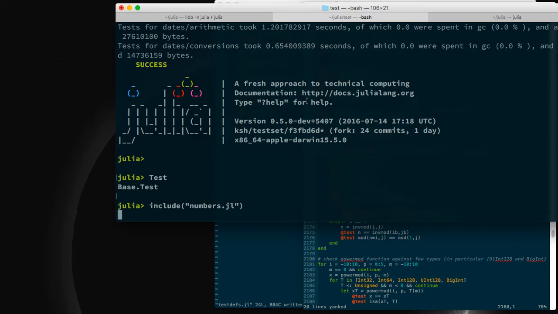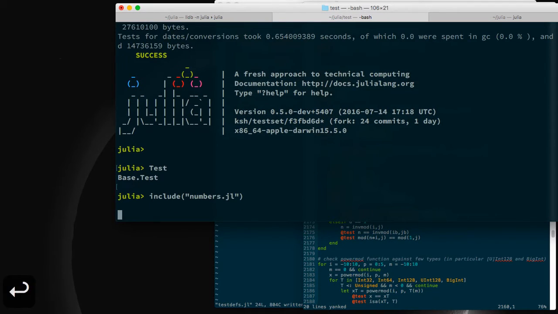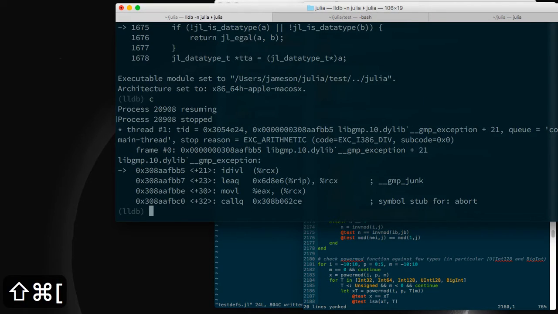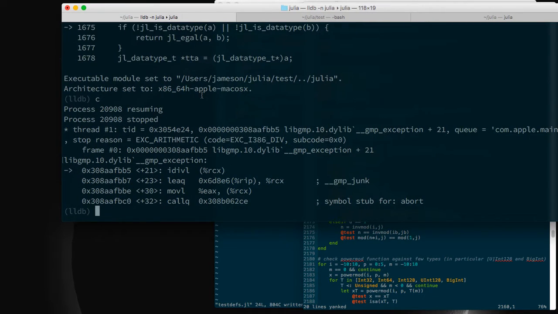I need to cancel it. Just because there's always a chance that I'll corrupt something, and then my next explanations will be more confusing as I run into some bug I introduced unintentionally. If you're on a Mac, one of the tricks I like is I hit Control-T, and it tells me it's waiting. Oh, that's why it's not finished. So it turns out the numbers test tests whether your GMP can throw exceptions, which annoyingly then gets caught, and